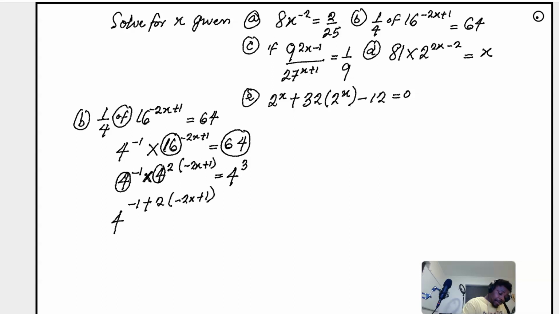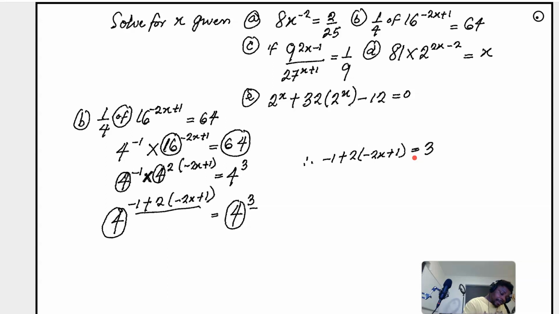Yes, so you have to remember, you have to maintain the base, is equal to 4 raised by 3. Okay? So the left-hand side base is equal to the right-hand side base. That simply means the powers also are equal. So in that case, minus 1 plus 2 bracket minus 2x plus 1 is equal to 3. So minus 1 plus, sorry, you have to open the bracket now. So plus times minus minus, so 2 times 2x, that is 4x, plus 2 times 1, that is 2, is